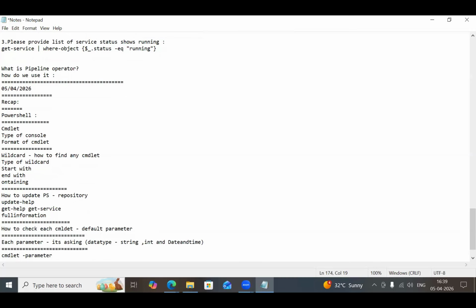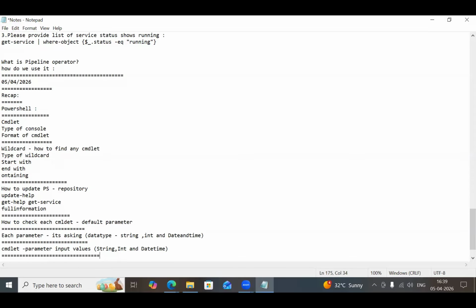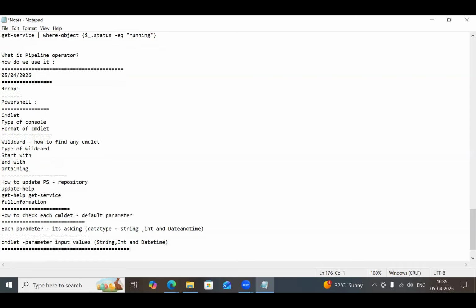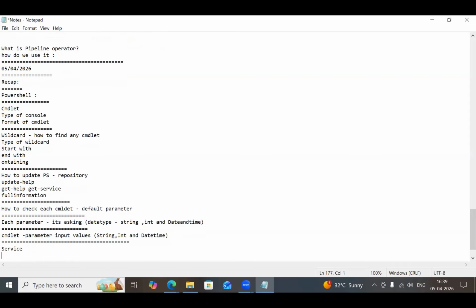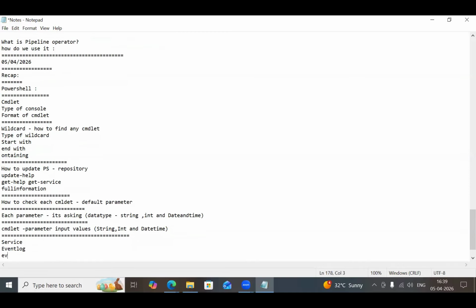and values, input value. And these input values depend on what the parameter is demanding. Either it should be a string, an integer, or a date and time. And we slowly understood how to format and frame it, right? We talked about service related, we talked about event log related, right? We have just checked that get-eventlog is a commandlet, and the log name is a parameter,